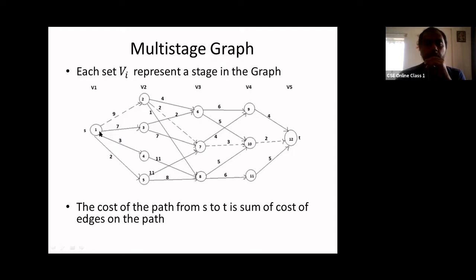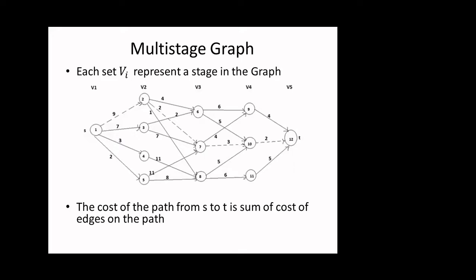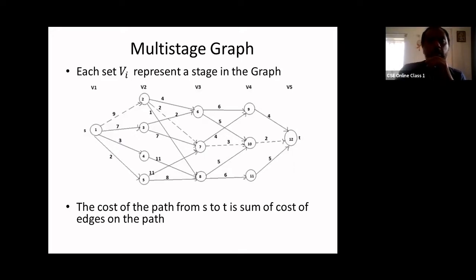Same way, we can have other paths also. Am I right? Yes, sir. So there can be a path originating from a source and terminating at sink. That is T. So for example, we can also have a path from 1 to 3, 3 to 6, 6 to 9, and vertex 9 to 12. So we can also have a path of this type. We can also have a path of 1 to 4, 4 to 8, 8 to 10, 10 to 12. So there can be many feasible solutions.